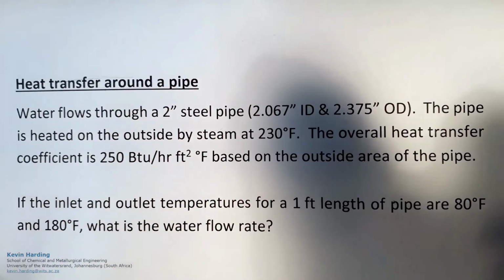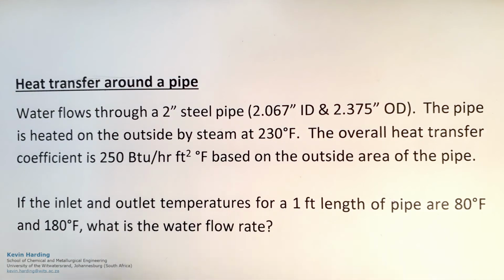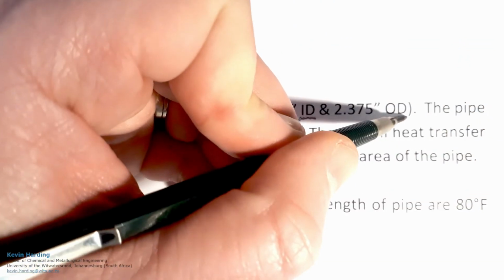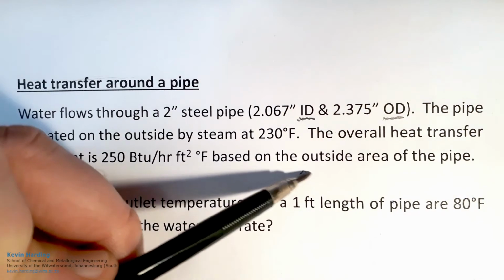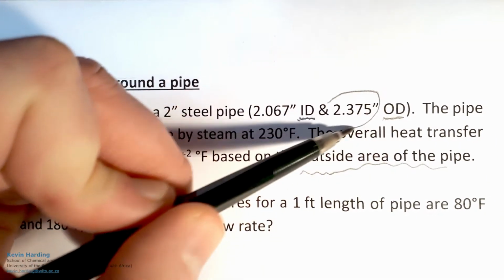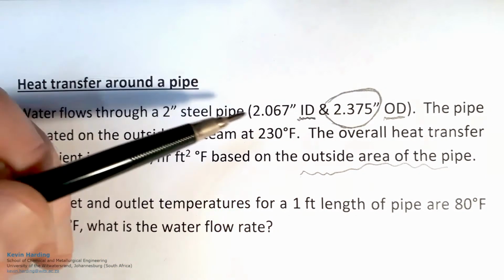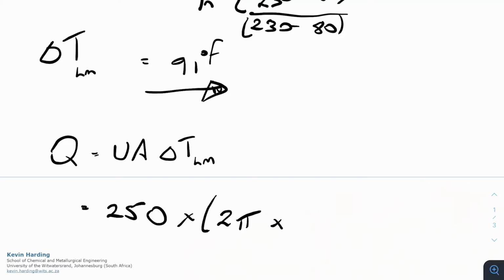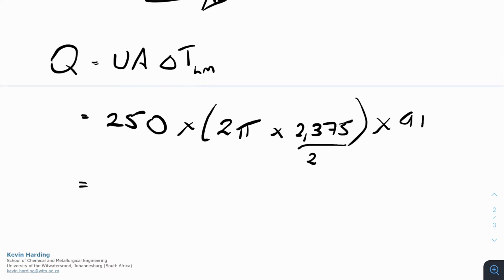Let's just go and see what the value of this was up top here. Just if you're not aware of it, ID is internal diameter, OD is the outer diameter, so we said it's based on the outside area of the pipe, so we want this 2.375 inch. So if we come back to the calculation, it's going to be multiplied by 2.375. That was diameter though, so we need to divide that by 2 to get us to radius, multiplied by 91 degrees Fahrenheit. If we then put all of those into a calculator, our Q value is then going to be equal to